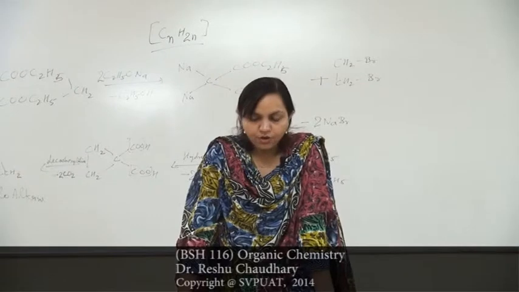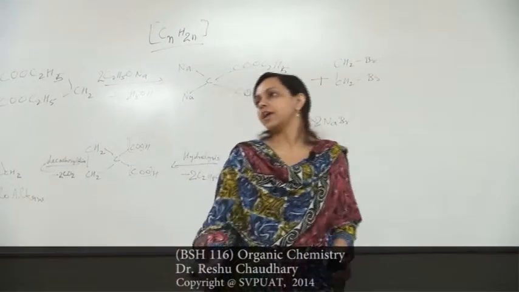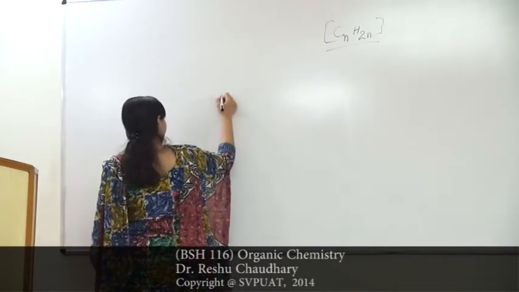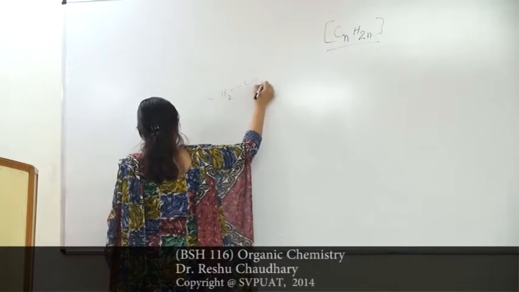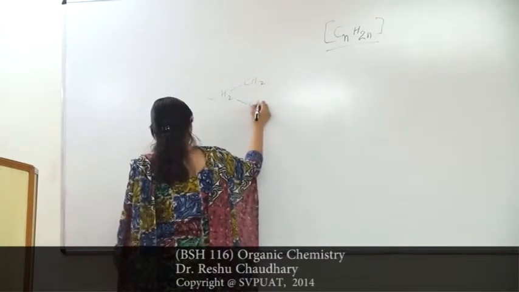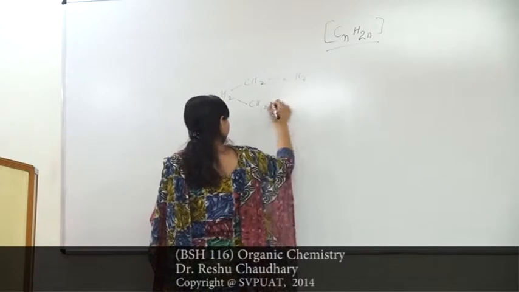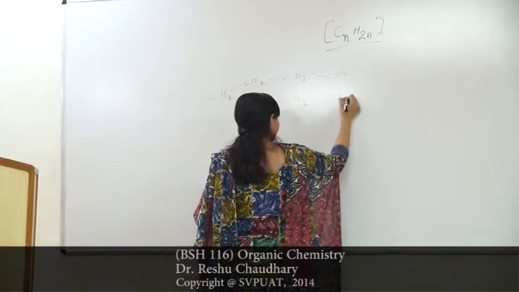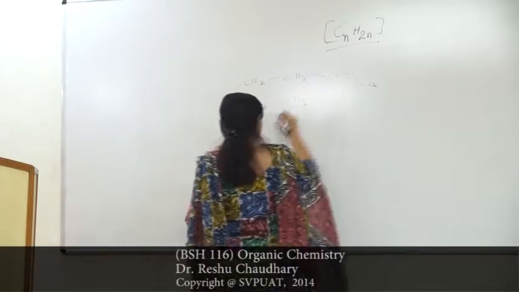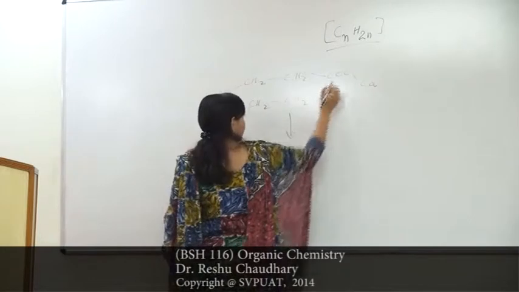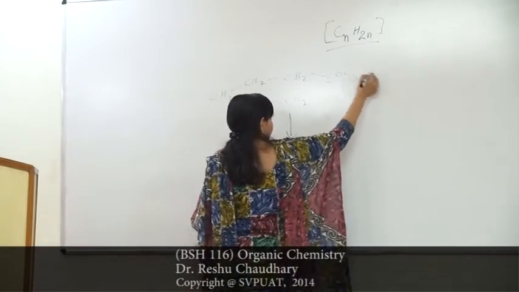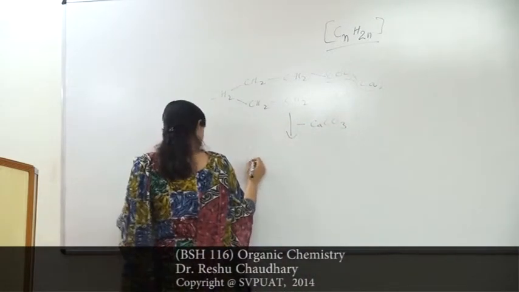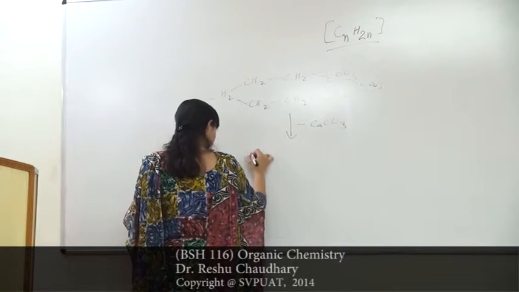Such cycloketones on reduction form cycloalkanes, and the reaction will be, this is the calcium salt, with the dicarboxylic group attached with calcium. This will come out minus CaCO3, calcium carbonate, and the formation of